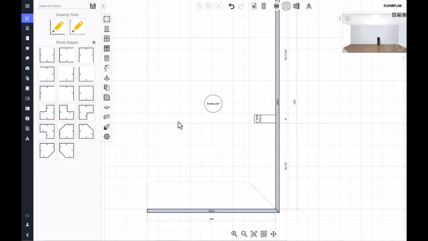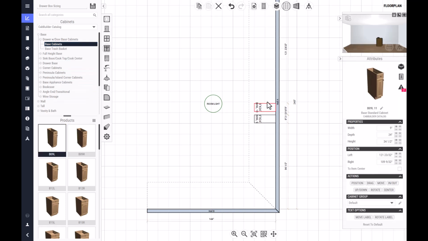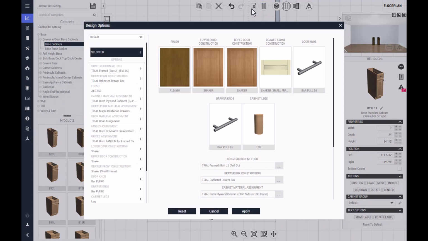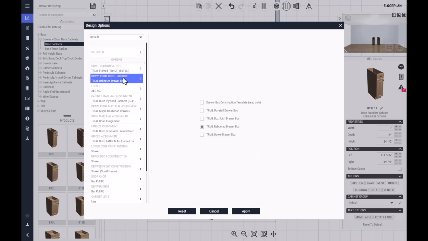Let's start by navigating to the catalogs within the design screen and select a base cabinet from the CAD Builder catalog. We will use a B09L cabinet in this instance. After you add a cabinet to the design, let's go ahead and select a construction method to control our cabinets. Here, we will be selecting trial framed butt joint full overlay construction method and a trial rabbited drawer box for